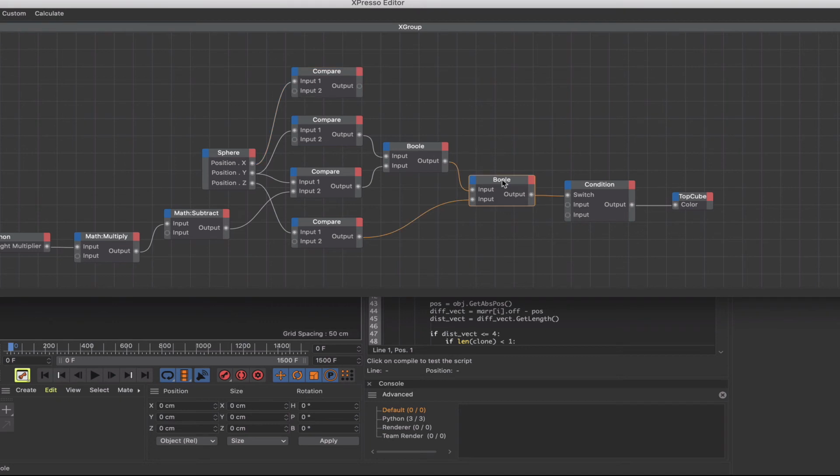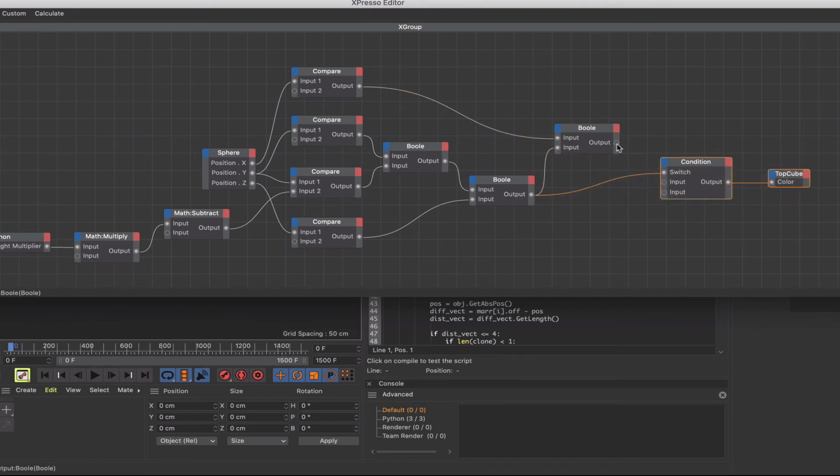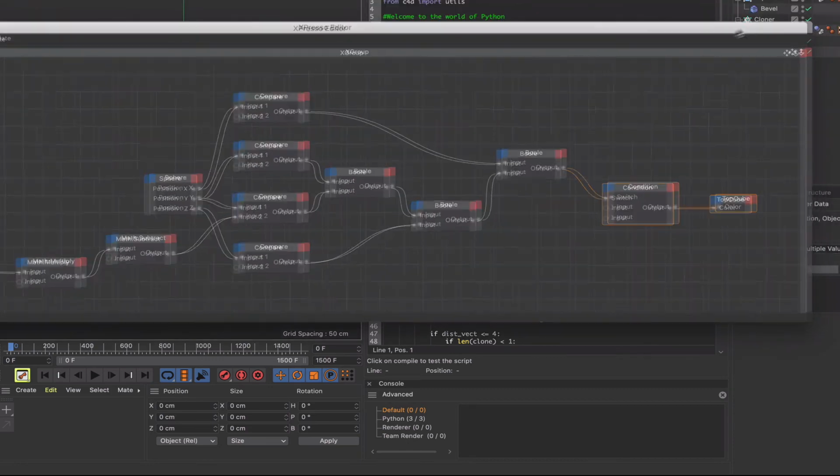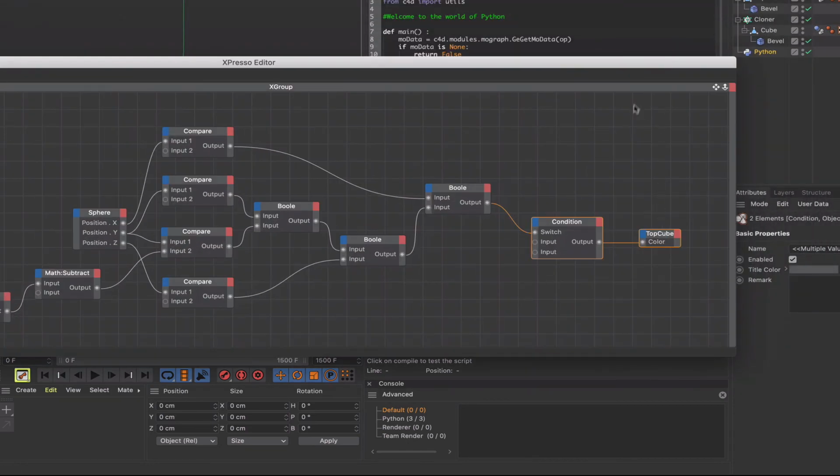And we're also going to add another bool, plumb this one into the top input there, the input number 1, and plumb the output of the second bool, what has now become the second bool, into the input 2 of our third bool. And then from here we simply need to use the output of this bool to control the switch of the top cube. The last step,